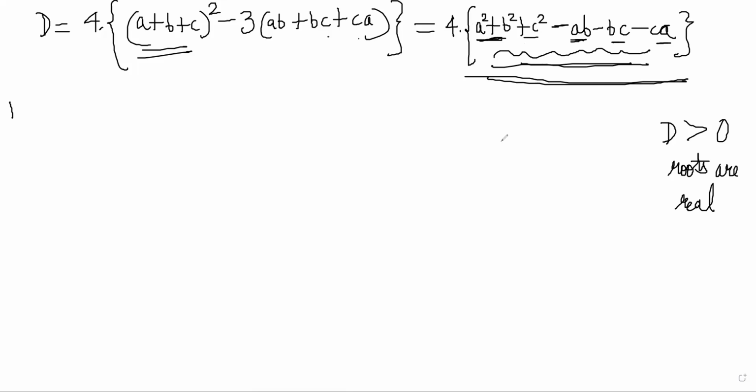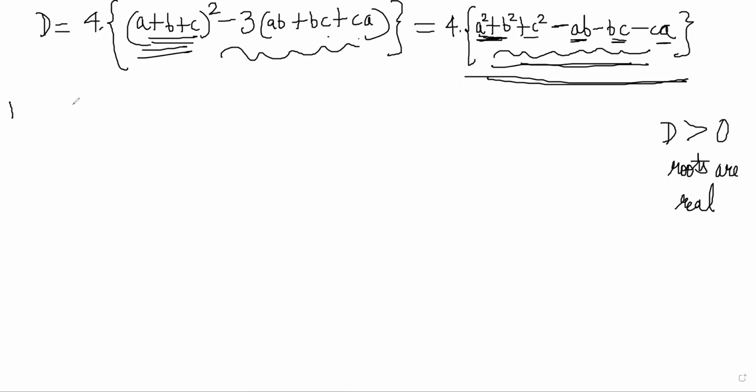But isn't the previous one the completed square form? Which one? The a plus b plus c whole square minus 3. That's why we will change that and make it in a different, nicer way. Not like a plus b plus c whole square. I'm trying to get it as a minus b whole square, right? Like just taking these two and this one. But the problem is that you can't do anything about bc and ca then if you try to do it here, right?